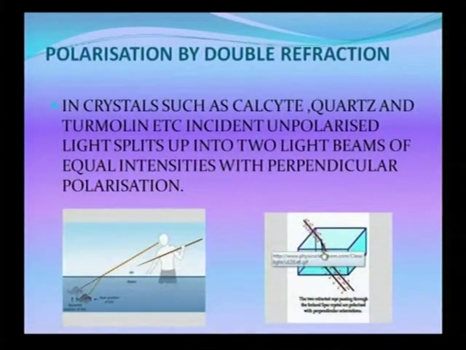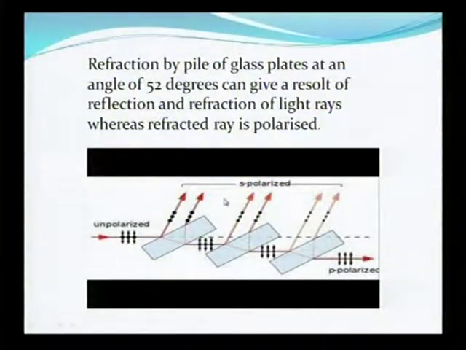In case of calcite, see here, here is a calcite. A light ray incident on this calcite is split into two rays. One is exactly perpendicular and one is less than 90 degrees. This perpendicular ray is polarized, whereas this ray is unpolarized. This happens in only a few crystals, and here there is a small experiment. If you take the slides and arrange them at an angle of 37 degrees one by one, if an unpolarized light ray is incident on the first slide,